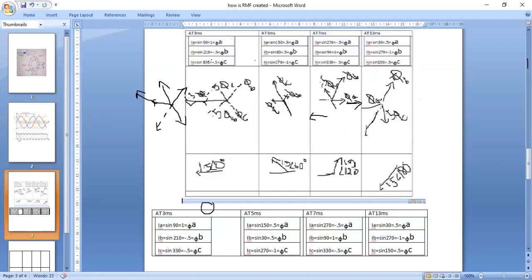Phi A is positive 0.5, and phi B is minus 1. So this was the positive direction, this was the positive direction, and here we have minus 1. For minus 1, we have to draw it in the opposite direction, and phi c is positive. So the resultant of these three will give you a vector of magnitude 1.5, and calculating from the reference vector, it has revolved by an angle of 180 degrees.